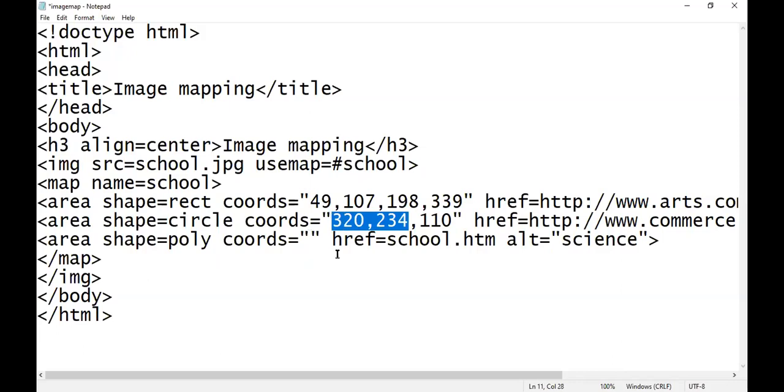Now the polygonal shape. It will take time to type. Give me the coordinates of the polygonal shape.